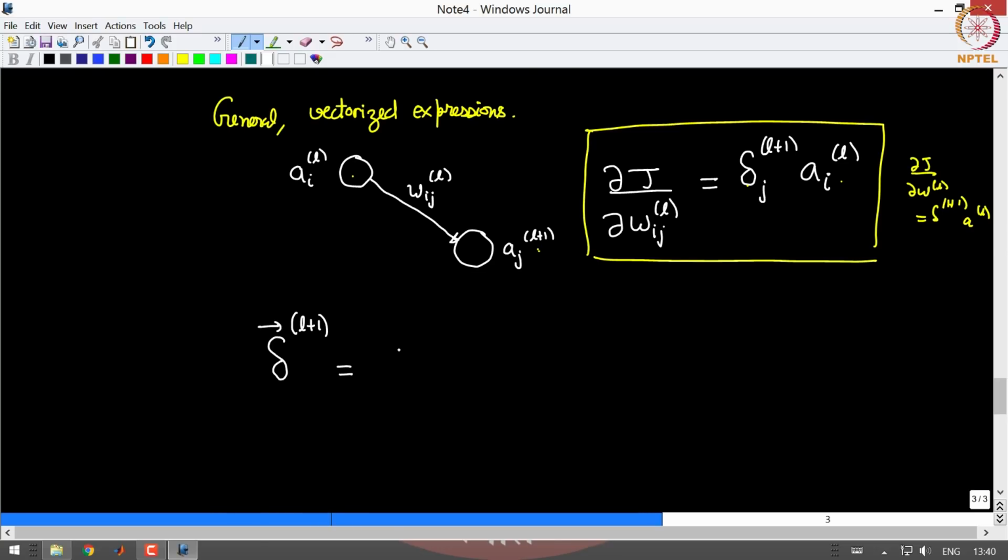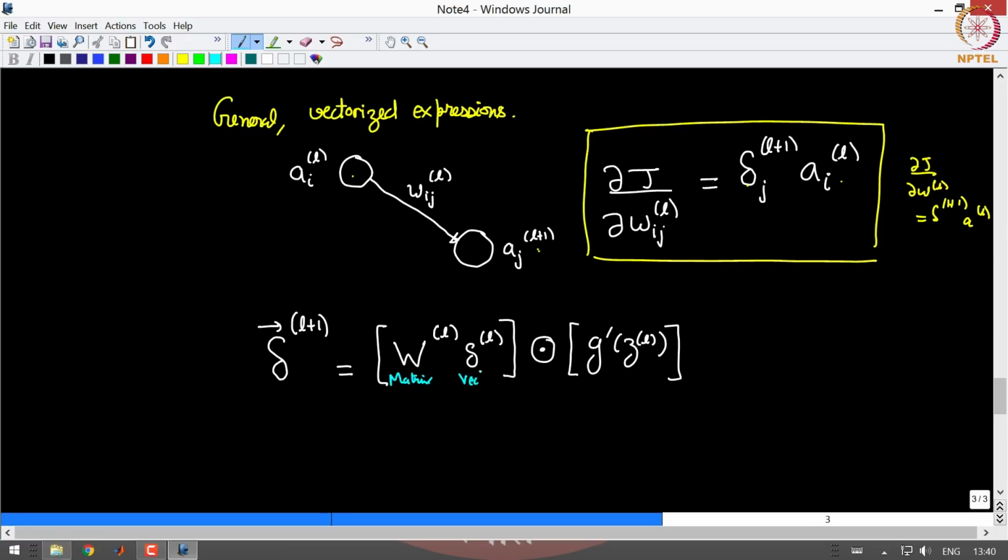Delta L plus 1 turns out to be equal to weight at L multiplied by W L. Notice that this is a matrix, this is a vector. When you multiply the two, you will get a vector, this is also a vector. The sizes work out due to the weight matrix. This is another vector,